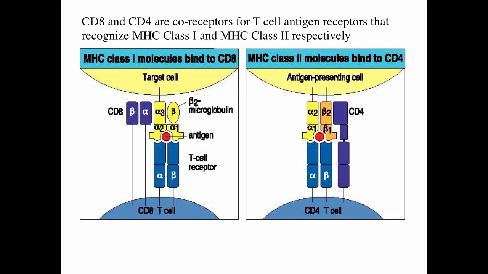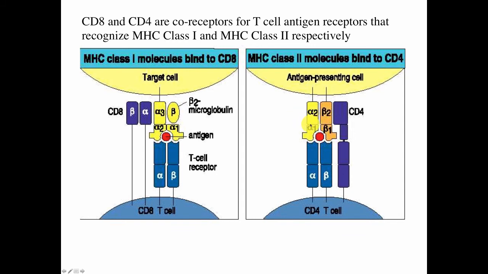And so when you have a T cell receptor that recognizes MHC class I peptide complexes, this T cell will express the CD8 molecule, and that's good because the MHC class I molecule is likely to present peptides that came from virally infected cells. And so this will facilitate this effector CD8 T cell's ability to kill this virally infected cell. Whereas in this case, you have another antigen-presenting cell that's presenting peptides